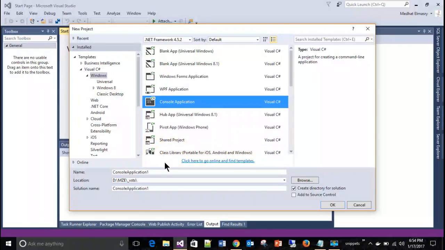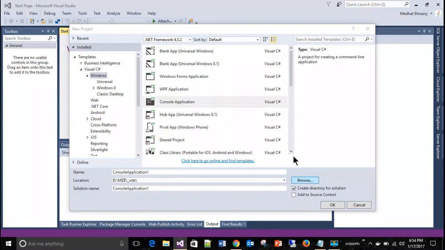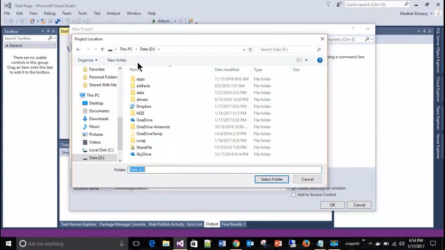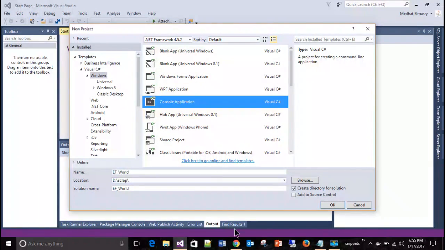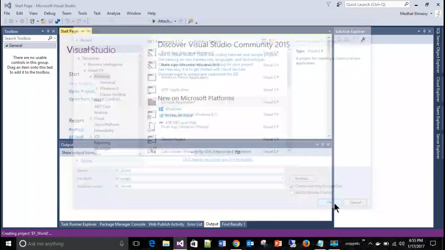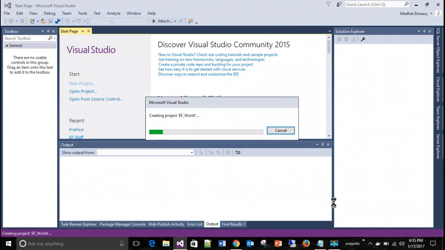So I'm going to use a console application, and let me browse and put it somewhere where I can find it. I have a folder called scrap here. So I'll call it the EF world, EF for Entity Framework. That's what I'll call it. It's a simple command line application. Okay, and while it's doing that,